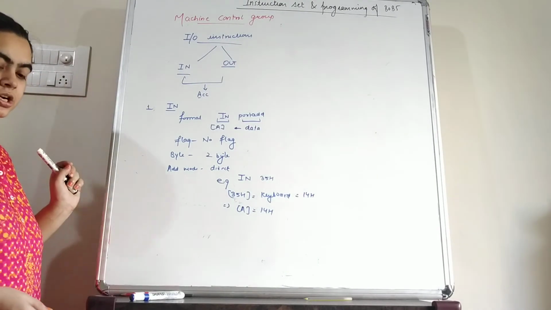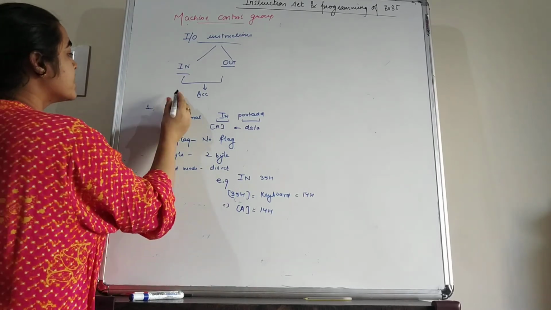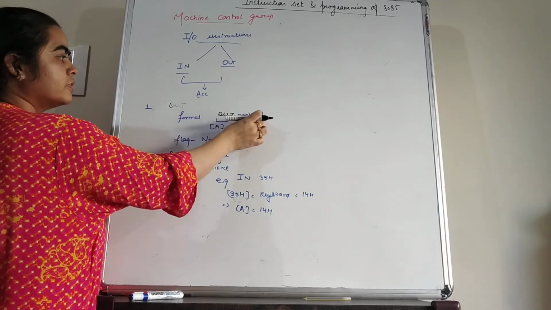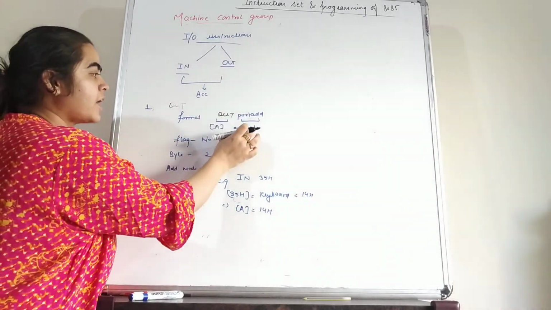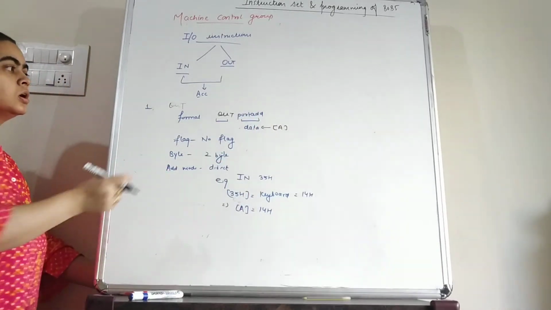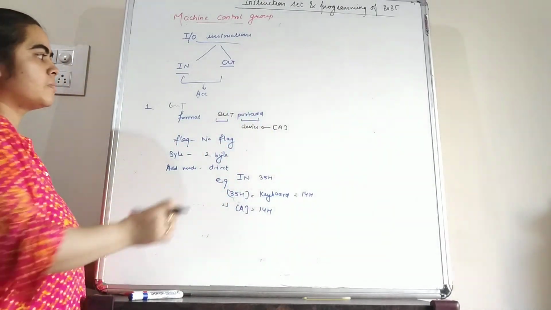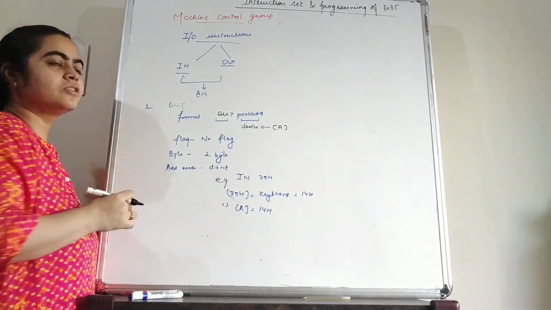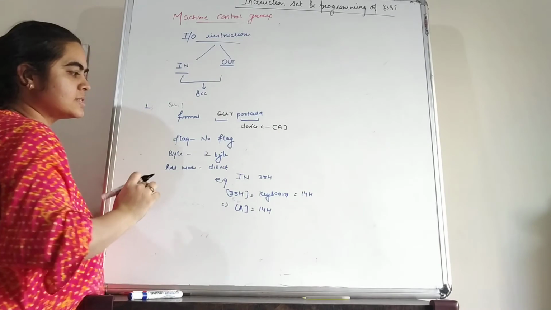Now after this, the next instruction we have is the OUT instruction. Students, in case of OUT, the syntax is OUT and port address. Here we write the port address, which is similarly of 8 bits, and the contents of the accumulator will move to the device that is available at the port number specified in the instruction. No flag will be affected. Similarly, it will occupy 2 bytes of memory. The addressing mode is direct addressing mode because the address is given here.